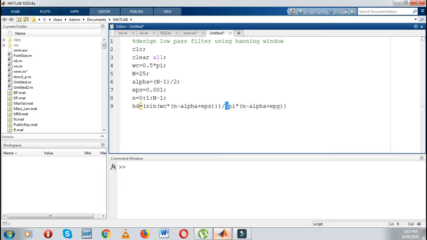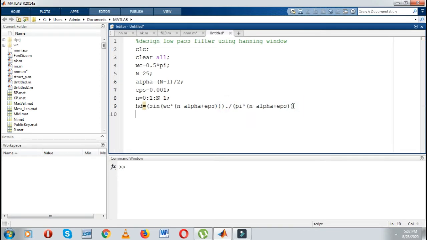So that is nothing but the desired impulse response for low pass filter.